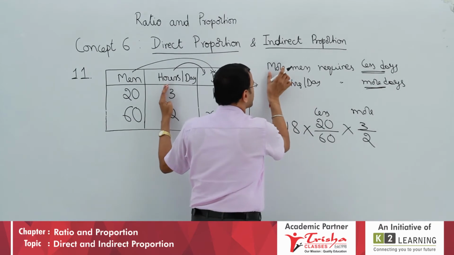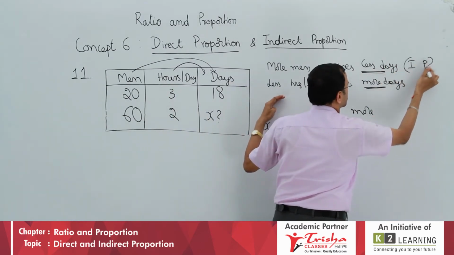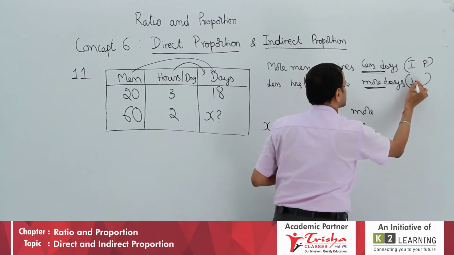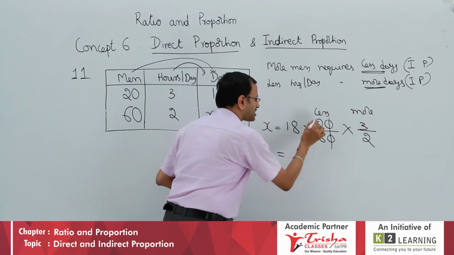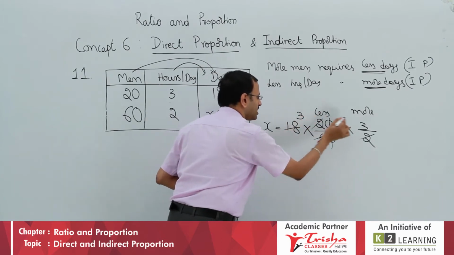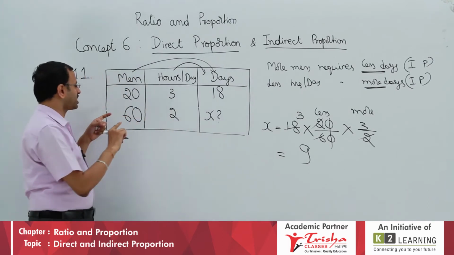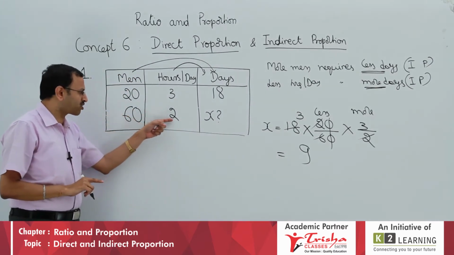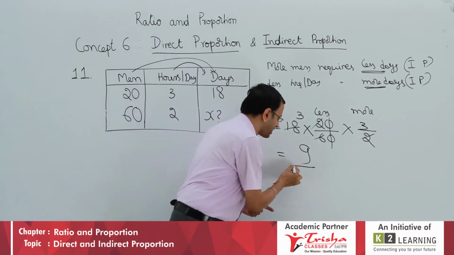Now, if you look at more and less, definitely it is inverse or indirect proportion. Definitely, less hours per day, more days required is also inverse proportion. If you solve it, zeros cancel, 2 cancels, 6 ones are 6, 3 threes are 9. Therefore, same work, if 60 workers are working daily, working 2 hours per day, how many days do they require? It is just 9 days.